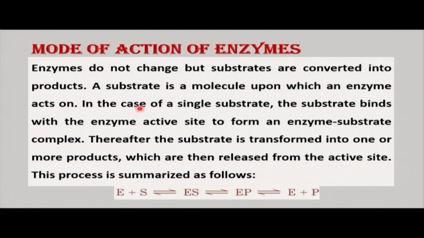In case of a single substrate, the substrate binds with enzyme active site to form what we call enzyme-substrate complex. Thereafter, the substrate is transformed into one or more products, which are then released from the active site of the enzyme. Let us take an example here. This one is enzyme plus substrate. Then they form